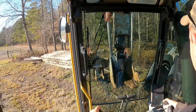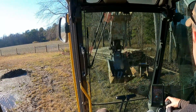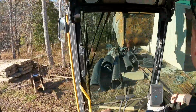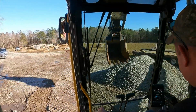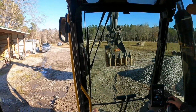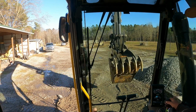That is a baby bucket. How in the world did I dig with that thing? Probably good for over there ripping them rocks up. A little tiny bucket. How does the thumb line up to it? The thumb's bigger than the bucket. It's actually the same size. That wasn't clear with the dern thing though. Look at the,